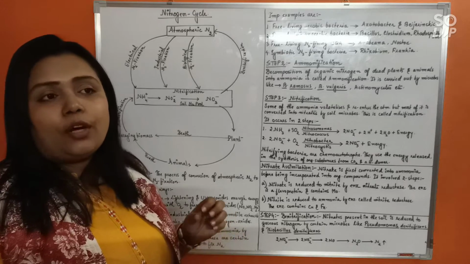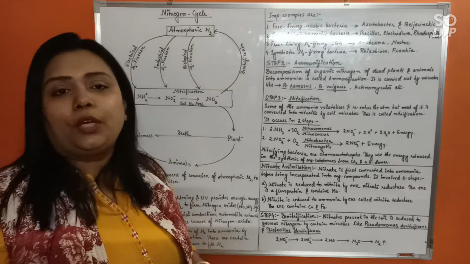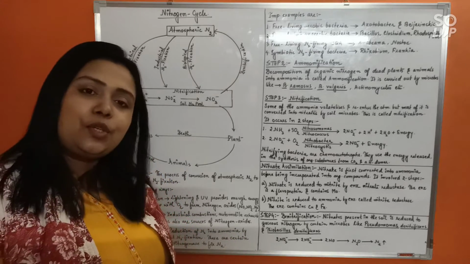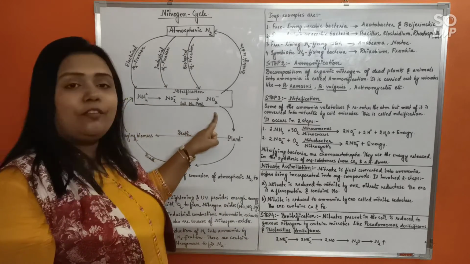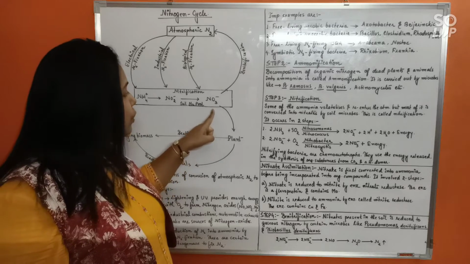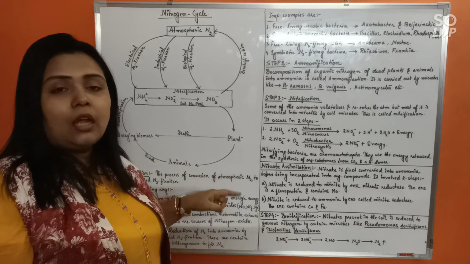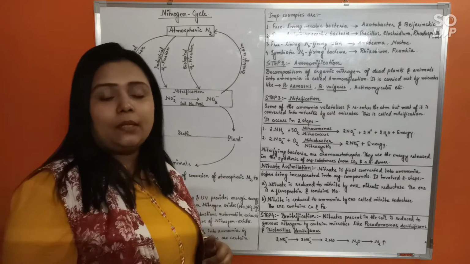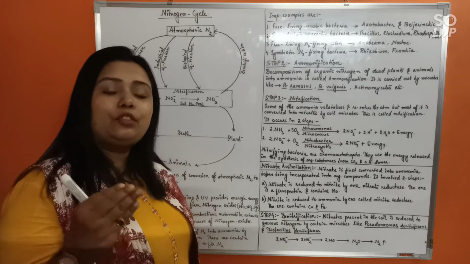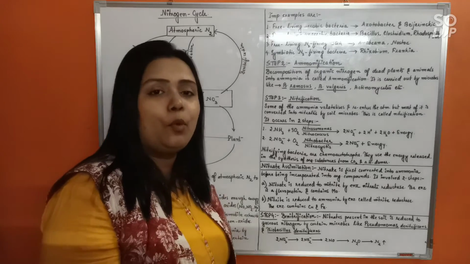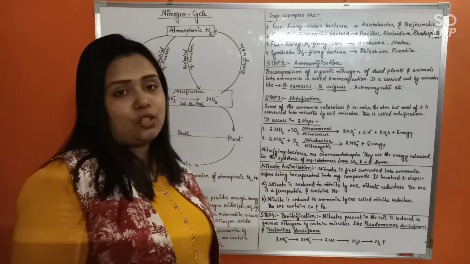cannot be directly used inside the plant body to make nitrogenous compounds. For using the nitrate, this nitrate has to be converted back to ammonia inside the plant body. Understood this? Fine. Ammonia, when released in the soil, will be readily converted to nitrate. So nitrate is the one which will be mostly available in the soil for absorption by the plant roots. But once nitrate is taken up inside the plant body, it does not have any further uses. To use the nitrogen, we have to again convert the nitrate into ammonia inside the plant body. And this is what is called nitrate assimilation.